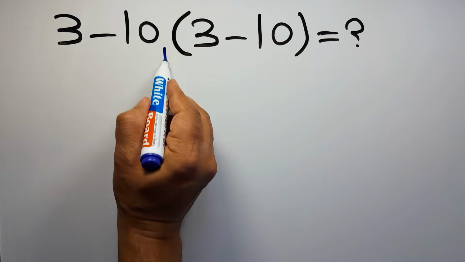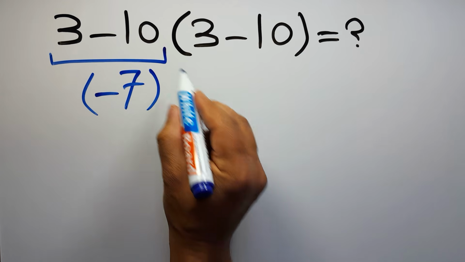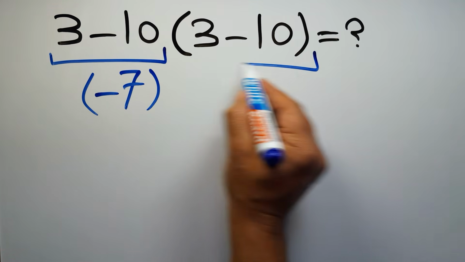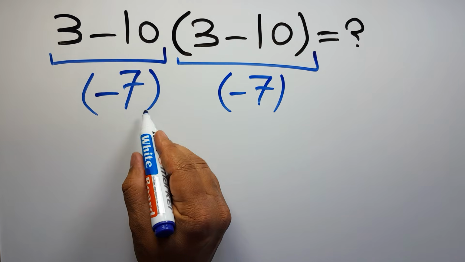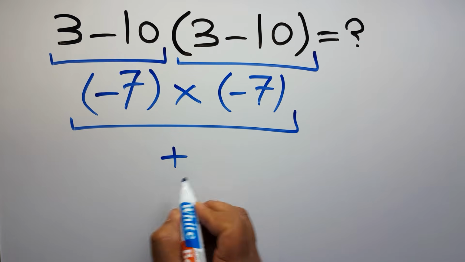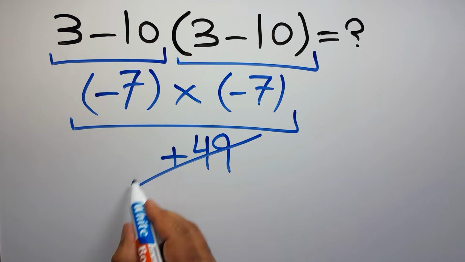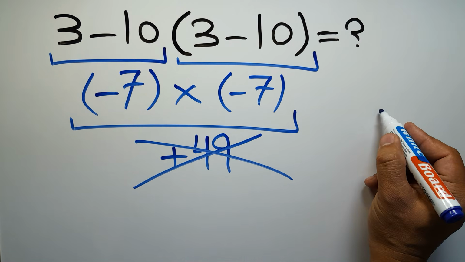3 minus 10 gives us negative 7. And again, here inside this parenthesis we have 3 minus 10. So negative 7 times negative 7 gives us positive 49. But this answer is not correct, because according to the rule of operations, which is PEMDAS,